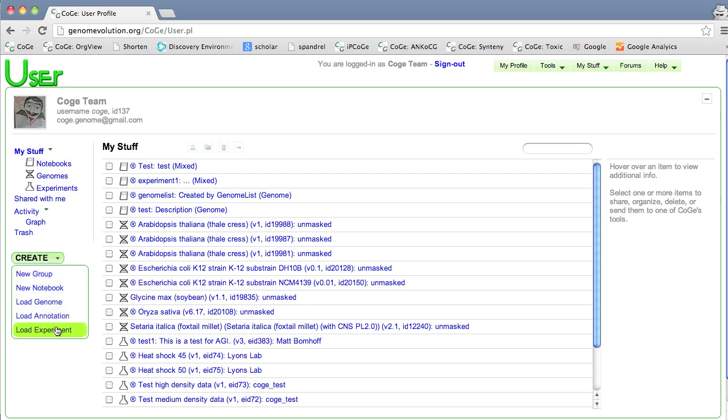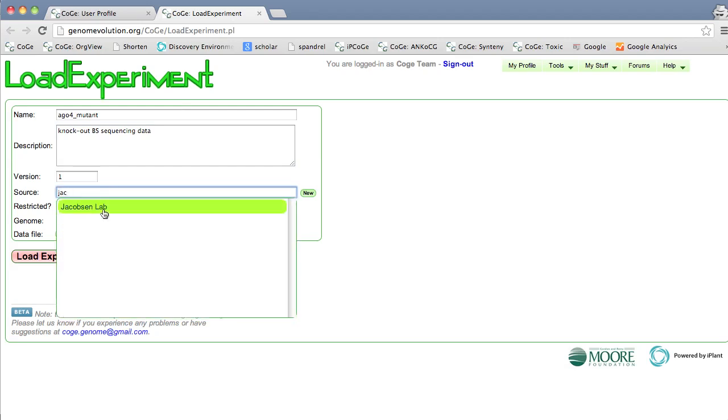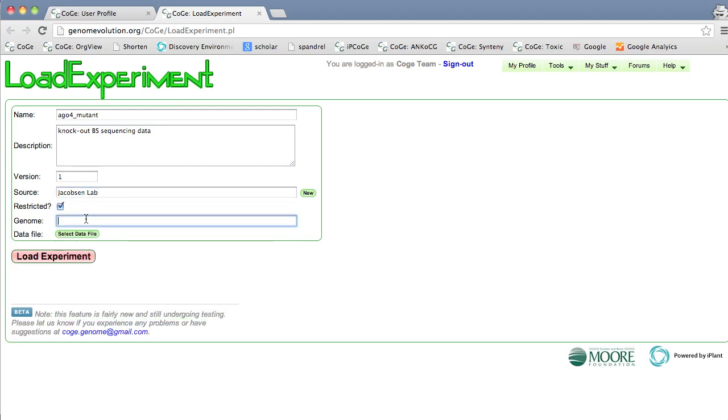So what I'm going to do is add an experiment. In this case, I'm going to load in this Argo experiment. And if I go in here, I can go ahead and put in a name for the experiment, description, knockout, BS sequencing data, version 1. This I actually got from the Jacobson lab. I'll keep this restricted, and I'm going to add this to Arabidopsis,